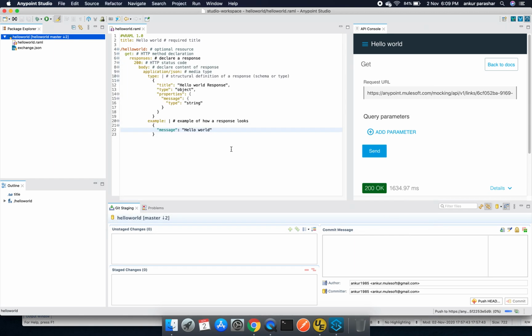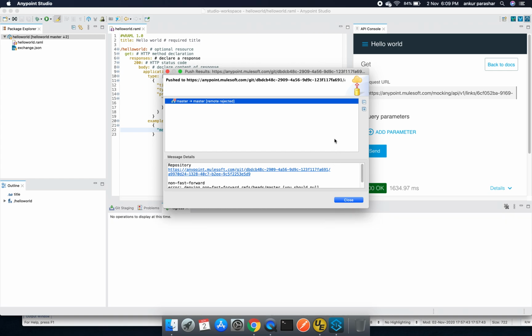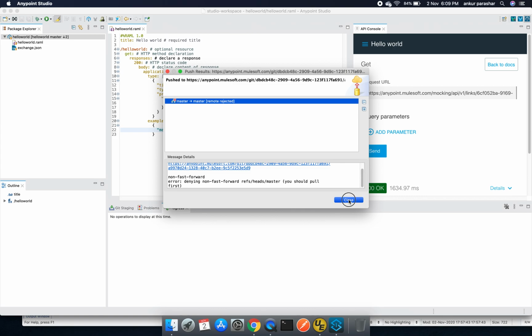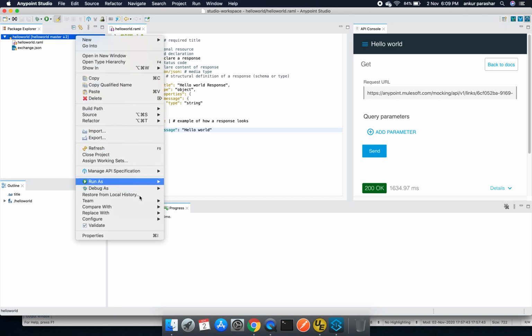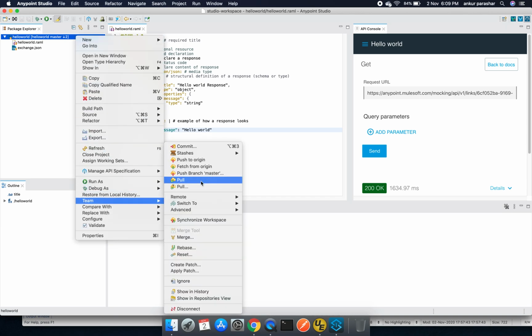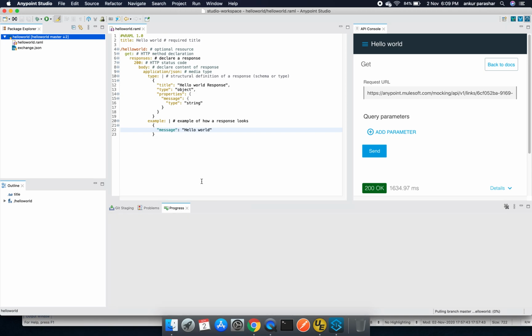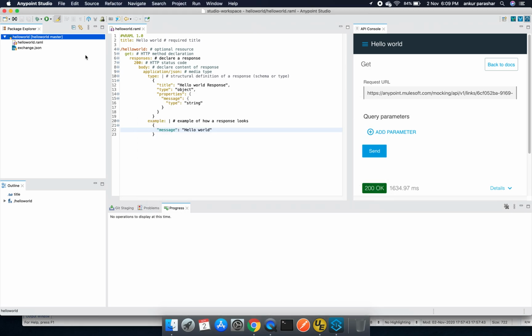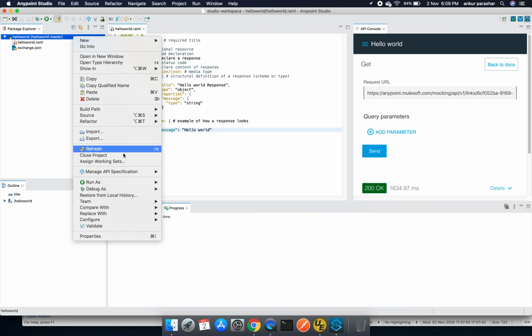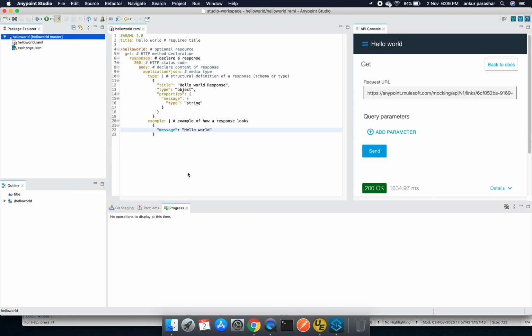Click on push. You should pull first. Okay, let's go with that way. I will right click on this, go to Team and take a pull. So now it is showing everything is up to date, and let's see.